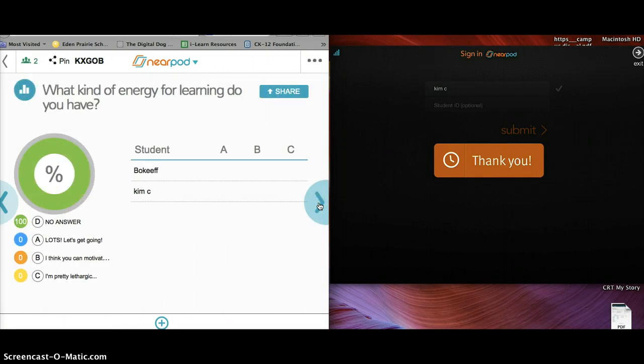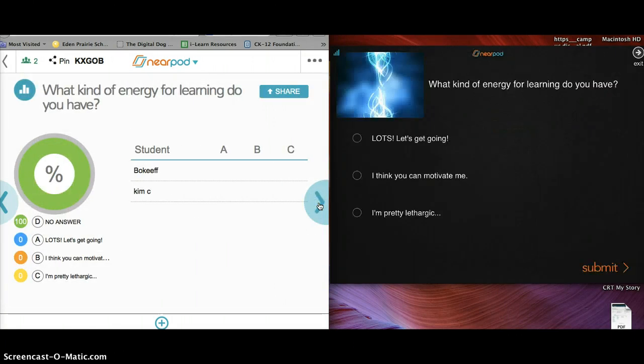Now this activity slide is a poll slide. And a poll does just that. It surveys or asks students for an opinion. Now what you need to know about a poll slide is that they are allowed to select more than one answer. So if you want them to only select one, be sure to say that verbally. So our students are going to go ahead and answer this poll